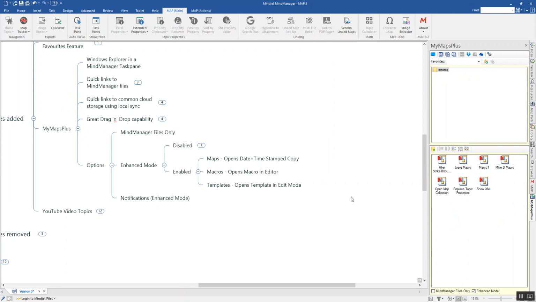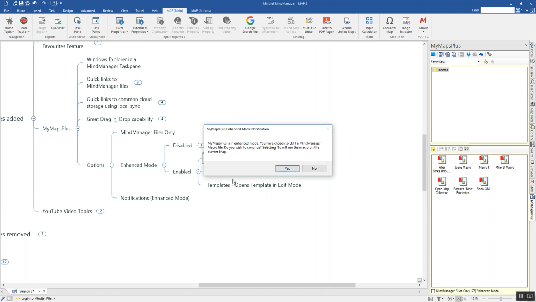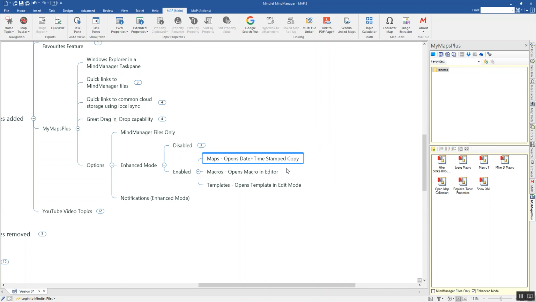So on a macro before, as you saw, the show XML would actually execute. So now I'm going to double click in enhanced mode. I get the dialog again. Okay, so I'm going to say no, let's click yes. And what that will then do is open up